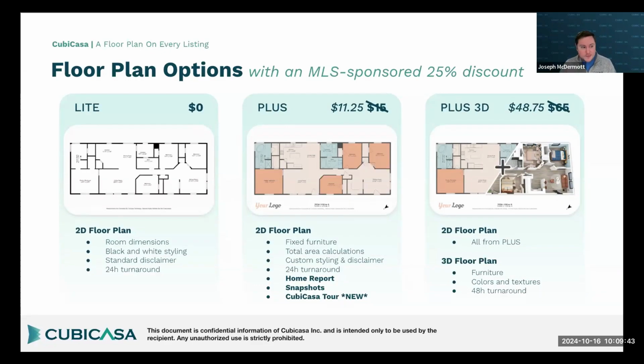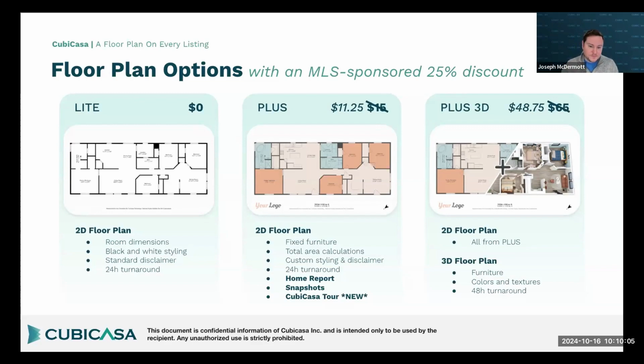So that will include everything from the Plus package as well as a 3D style floor plan. So the 3D floor plan will have colors and textures matched to the space as closely as possible. And it will also include actual furniture in the home. So things like sofas, beds, dining tables will actually be on the floor plan itself, just to help better visualize